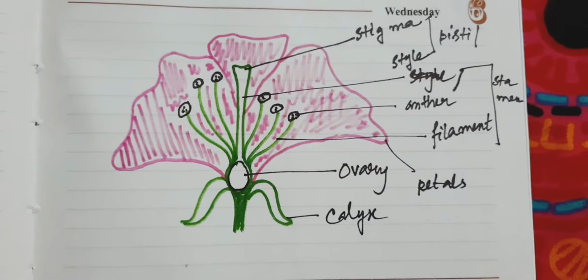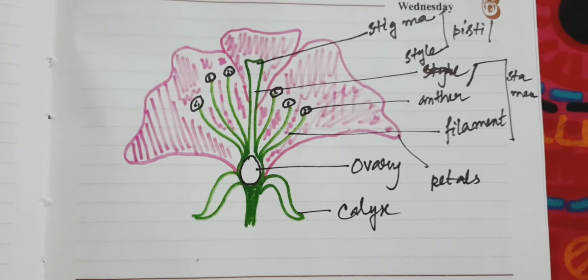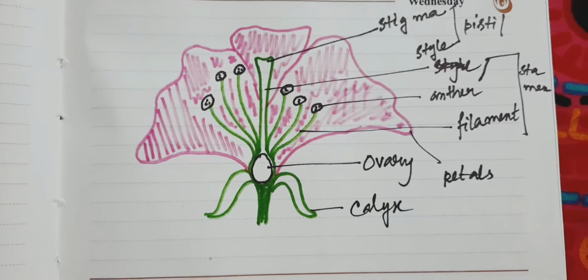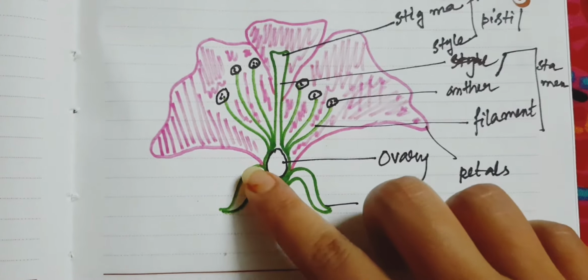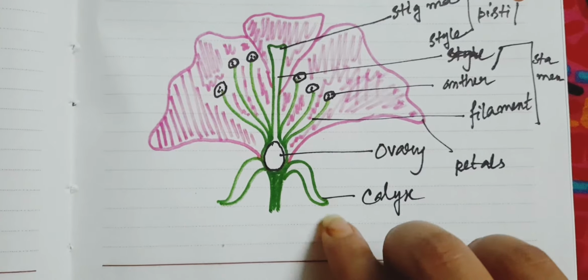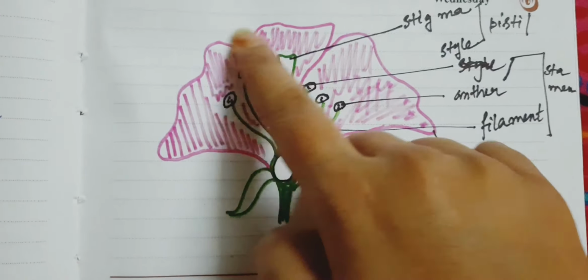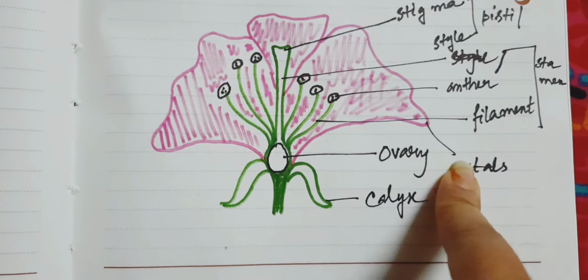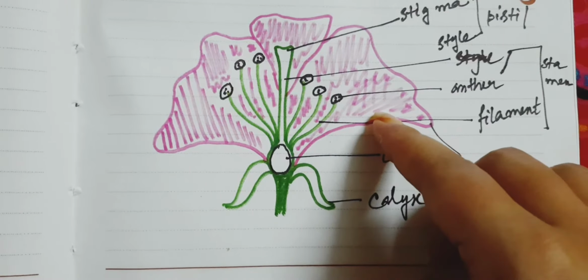Flowers are the most beautiful part of a plant, but they are actually the reproductive part. That means it helps in sexual reproduction and pollination. So first we have to know the structure of the flower. This green portion, the most outer portion, is known as calyx or sepal. Now this colored and most beautiful portion is known as petals or corolla. These two are the vegetative parts of a flower.